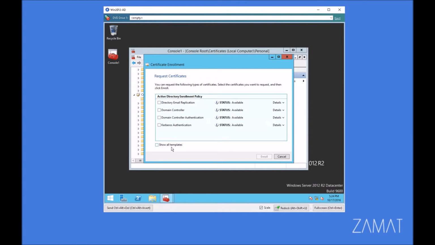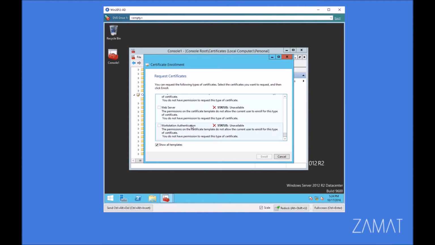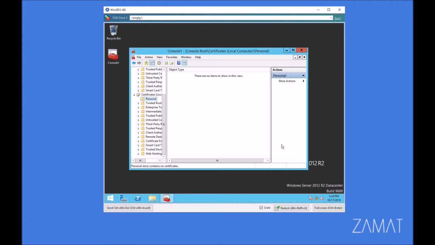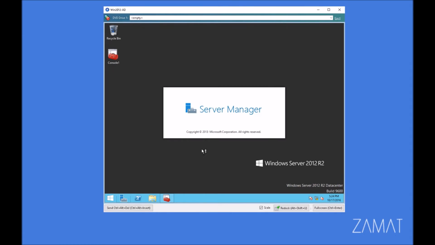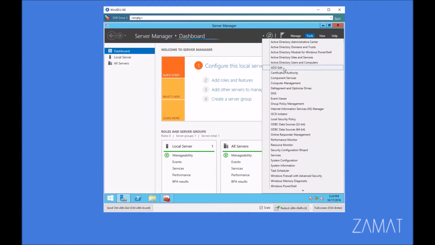The same thing, not many of them. If we'll show all of those certificates and go to the web server, it's telling us that we have no permission to issue such certificate. It's a common issue here. Well, what we have to do, we'll keep that open, and we will go to the Certification Authority tool,